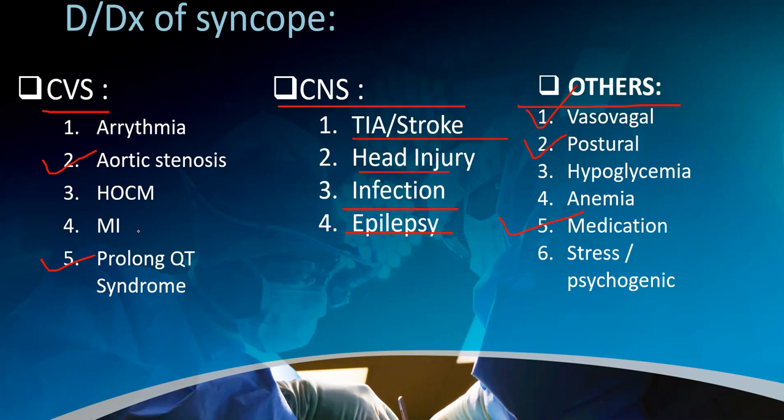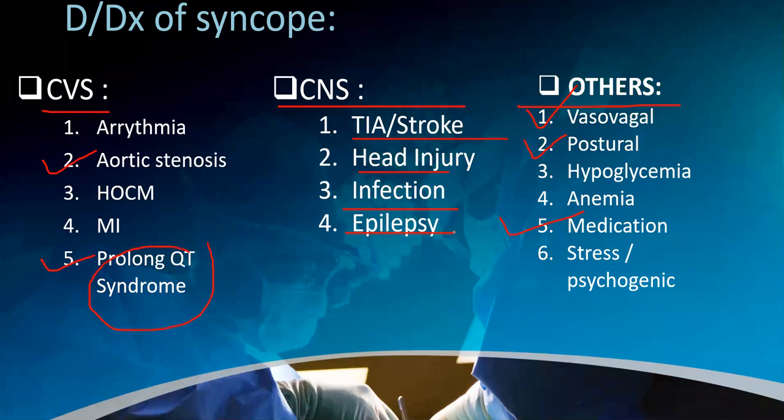It could be any structural heart disease called hypertrophic obstructive cardiomyopathy, but you don't have any family history of sudden cardiac death. It could be any rhythm problem, but you already asked, because prolonged QT is also a rhythm problem, so don't need to discuss it again. So finish here and then say, well, it could be due to a stroke but you